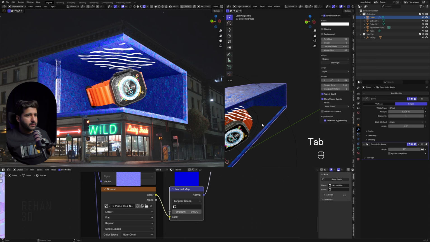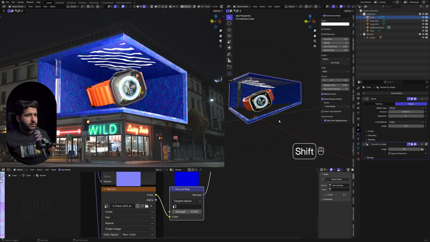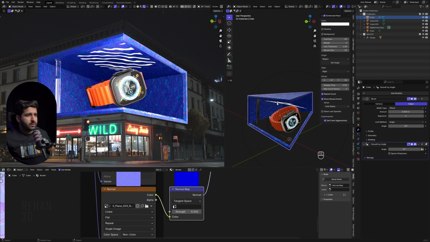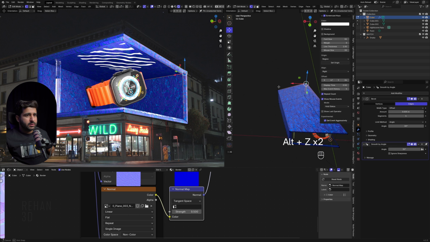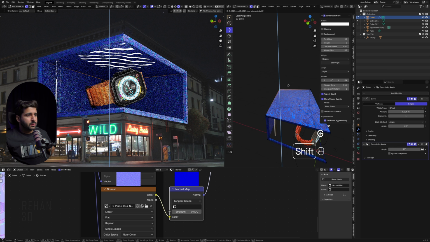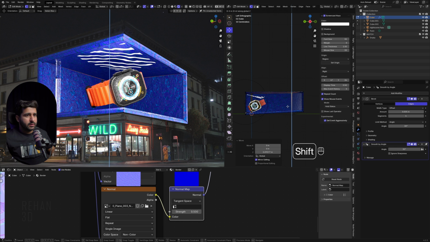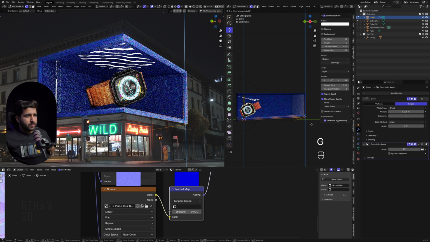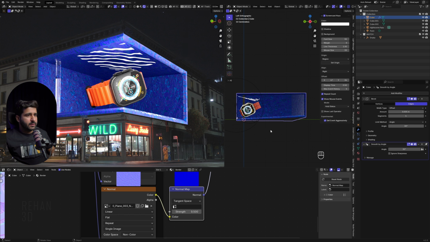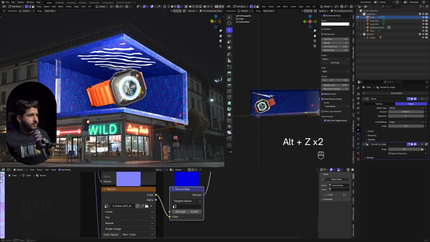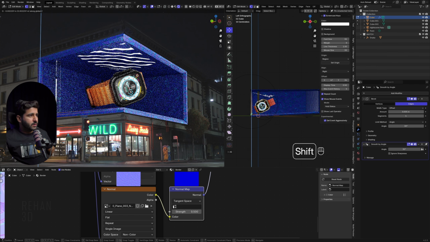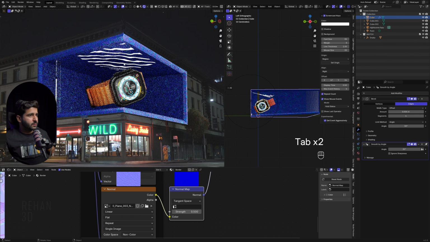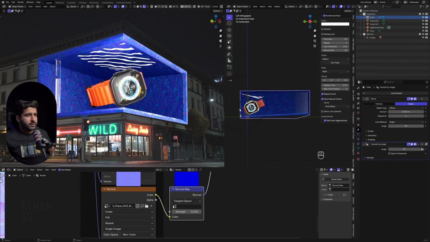So I will move it here like this, and if we select this and move it here, you can see now we get rid of this alignment issue. And if we select this and align in this view like this, now you can see we have placed it nicely. And select this and move it here, and now you can see we're good to go.